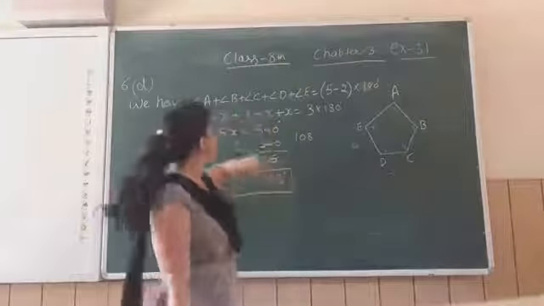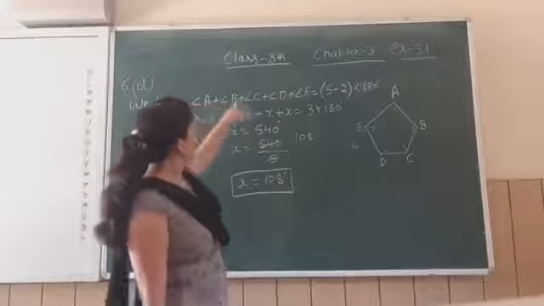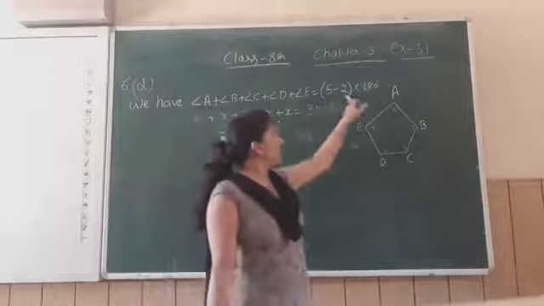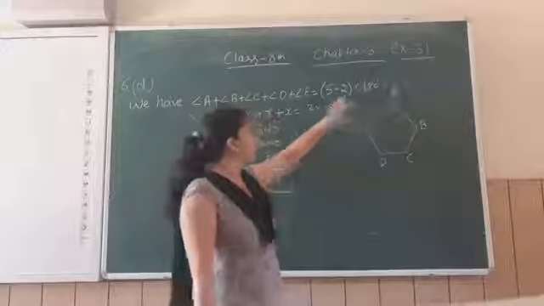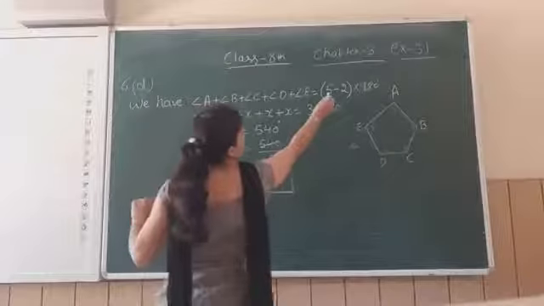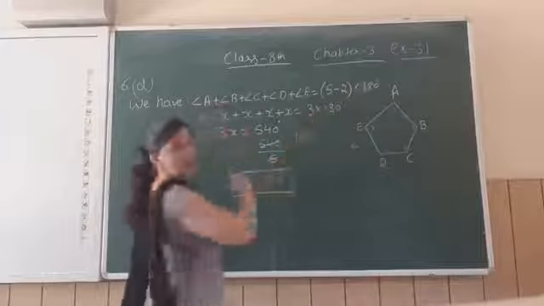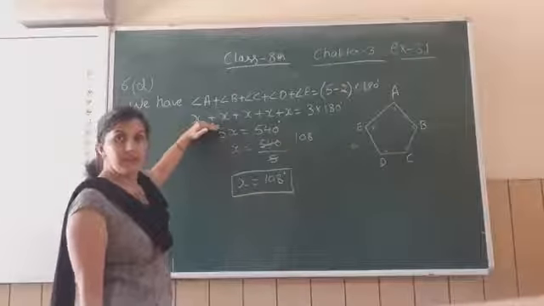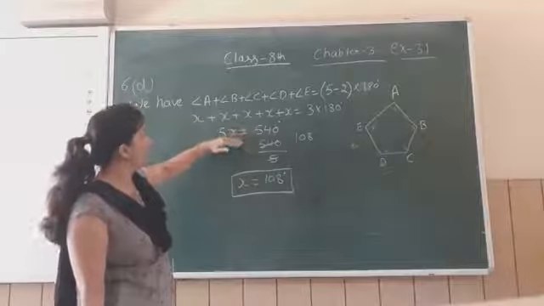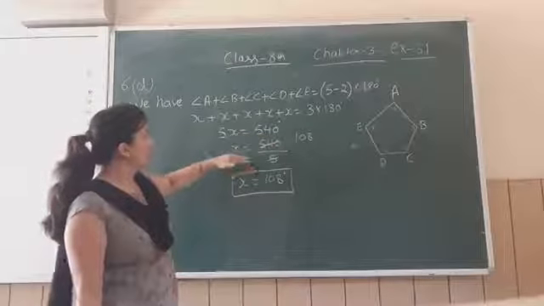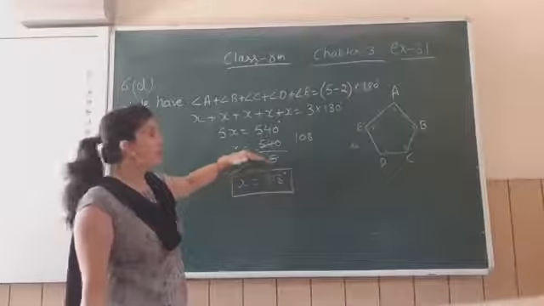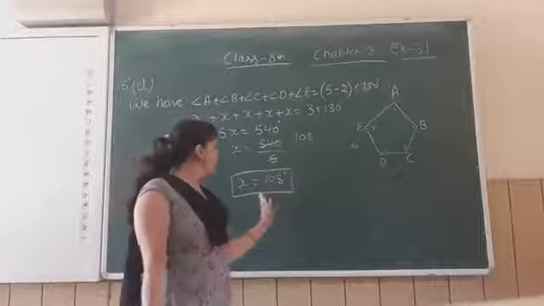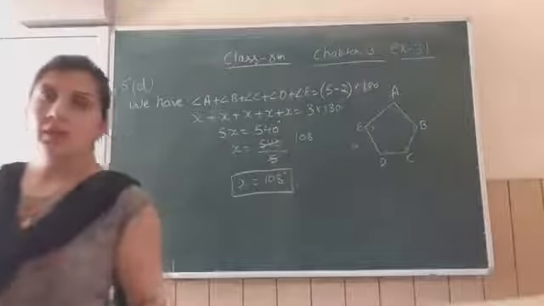So we know angle A plus B plus C plus D plus E is equal to number of sides minus 2, multiply 180. So number of sides 5, 5 minus 2 is 3, multiply 180. Here all angles are equal, they are represented by x. So x, x, x, these become 5x is equal to 540. x is equal to 540 divided by 5. It's in multiplication, it comes in division. When we cut out, we get x is equal to 108.